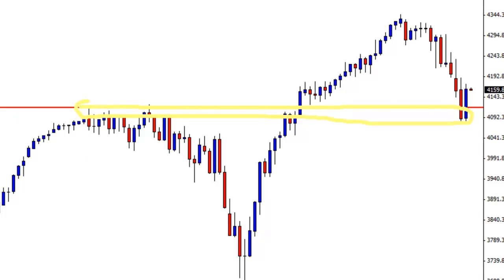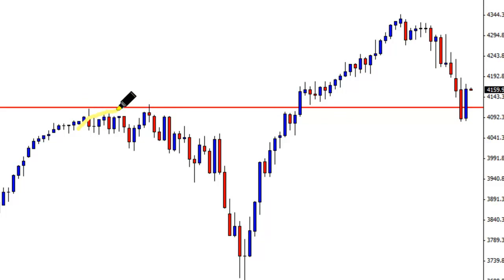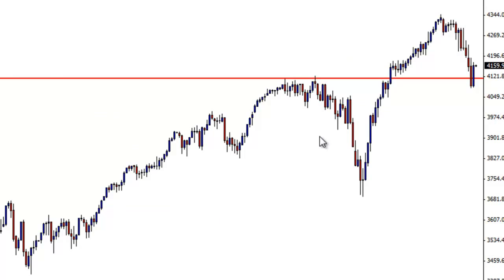Price was contained below this support, and we had price trying to break this resistance. We had a first test, a second test, and now we've had this really strong movement. If I zoom this chart out before, you'll notice that we've had this really clear trend. So we've had a higher high,